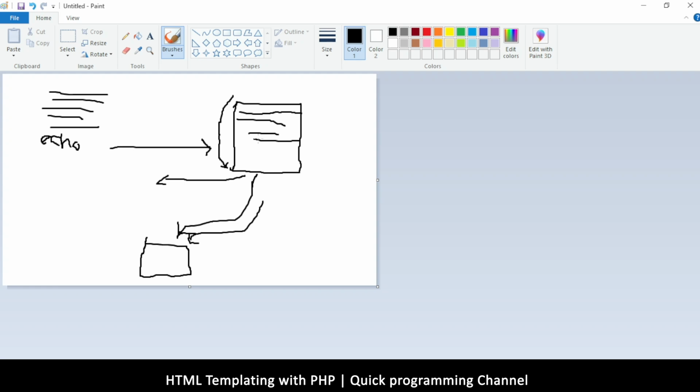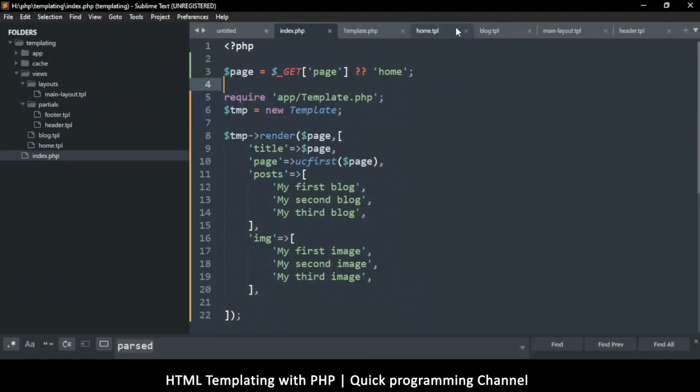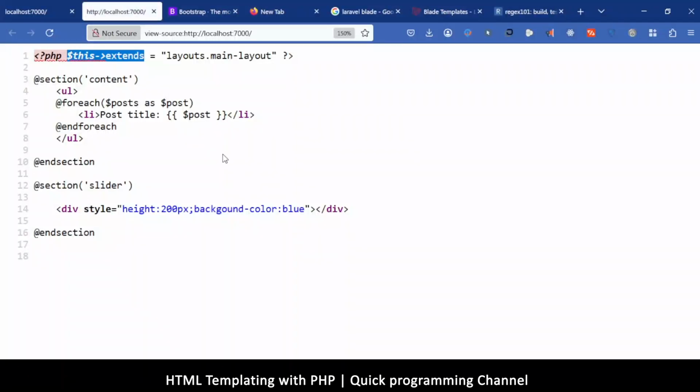There's no PHP in this buffer. It's just HTML. So that's exactly what we need. The data inside the buffer has already been evaluated by PHP, which is very important. Okay. So for example, if I send this file that I created into the buffer, this one, it will no